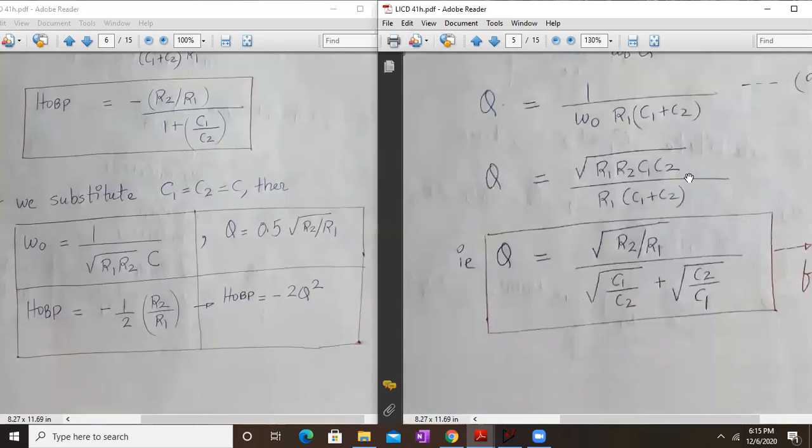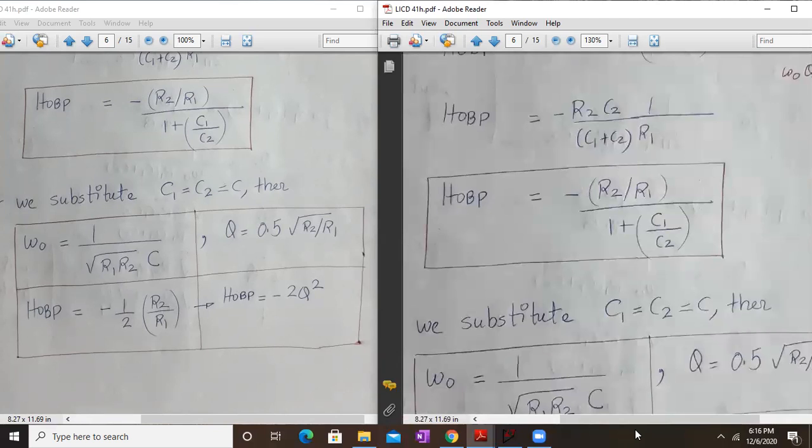Next value is Q. If I have the values of C1 and C2 the same as C, it will be square root of, here it will be 1 plus 1, so 1 plus 1, 2. So Q will be 0.5 into square root of R2 upon R1. Okay. And similarly, your